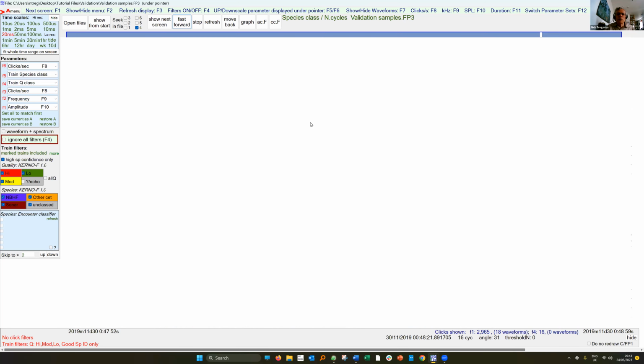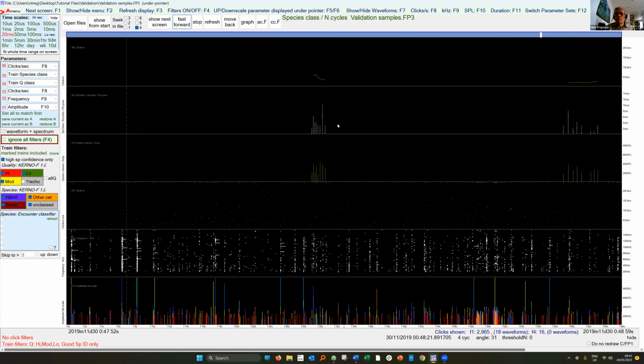Just find out how many cycles it is. Yeah, it's a few cycles. So clicks per second is rather low for a cetacean, but perfectly reasonable. Position of the peak of the wave is all over the place. The amplitude profile is ragged. There aren't these round humps. There's no